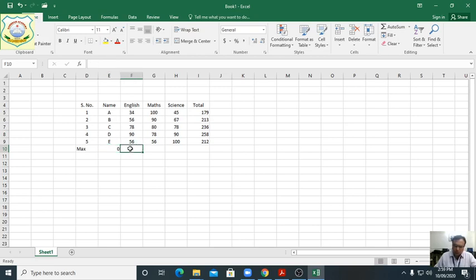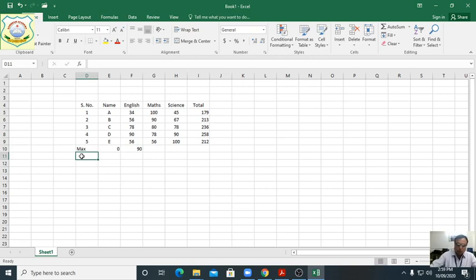Okay, students, so we will start from here. Equal sign, then max, then colon, and then the last cell. Close the bracket. See, what we have got? 90 marks. Who has got it? D, 90 marks.